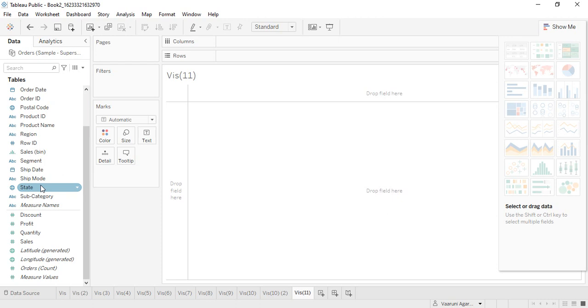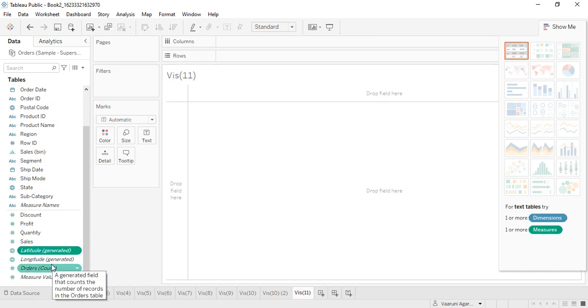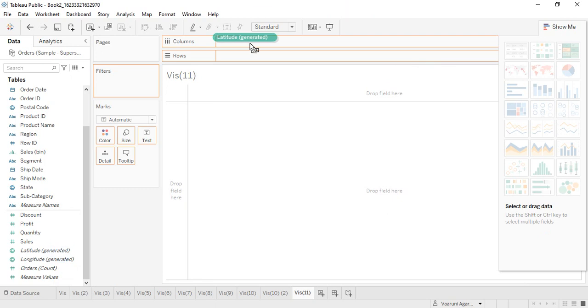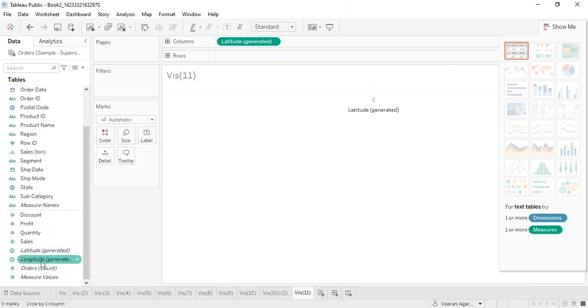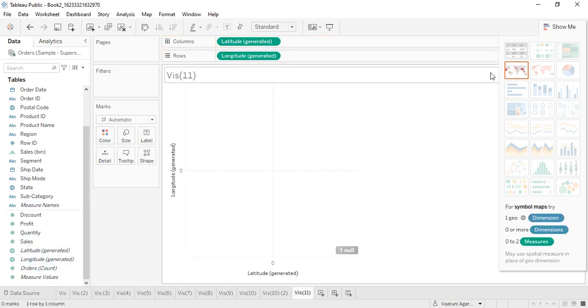So let's see how we create a map. First of all, we will take a look at the symbol map. The minimum requirement for the symbol map is one geographical location. That's it. Otherwise, we can add more measure values and measure names, but this is the minimum requirement, one geographical location. So what we can do is set these latitude and longitude values. Just get this latitude into the columns, this longitude into the rows, and automatically a map is generated. Like this, the map is now